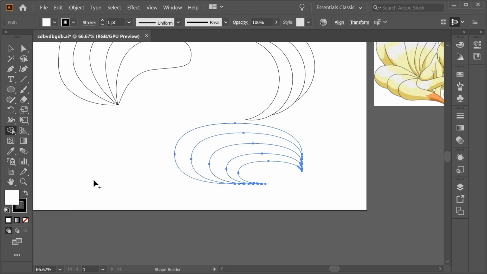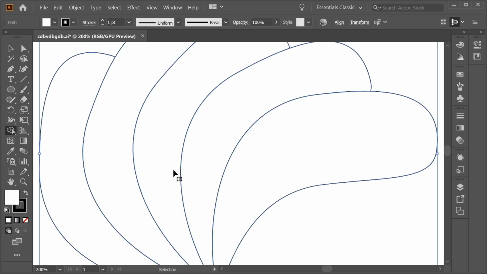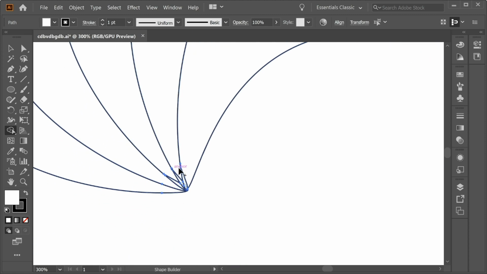Okay, and now with the last one, the same thing, shape builder tool, add those and those and those and those, and zoom in for the small ones, add this and this and this. Okay,